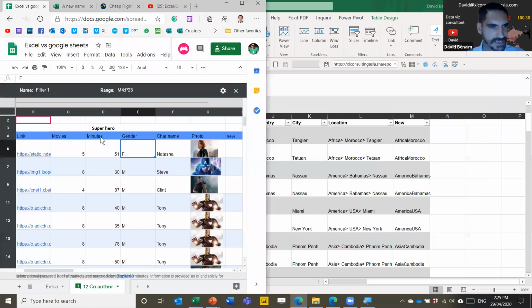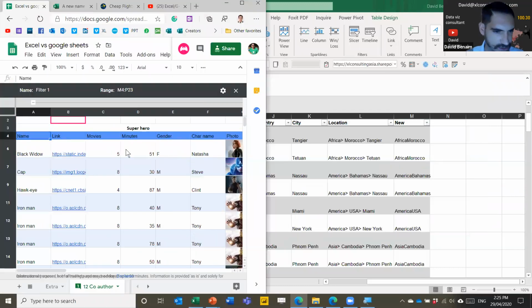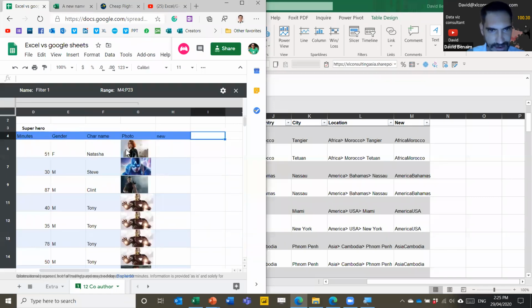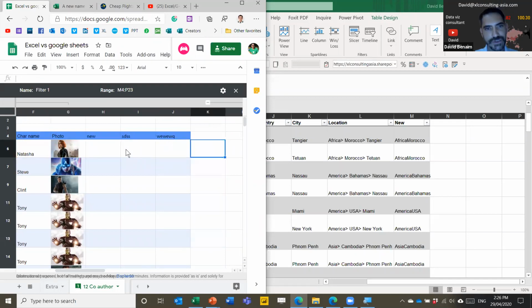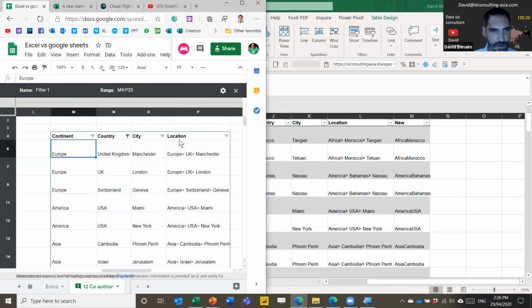So Google does have an equivalent. It's not quite the same, but with Google, if you add a new column here, you do get the new features. However, your formulas and everything else is the same as before. So the only thing that Google does is it gives you this alternating formats and then allows you to edit it. So showing you that in this regard, let me clear the filters.